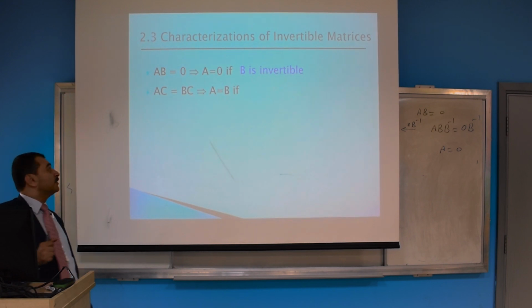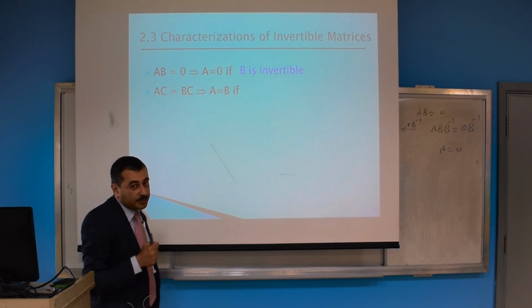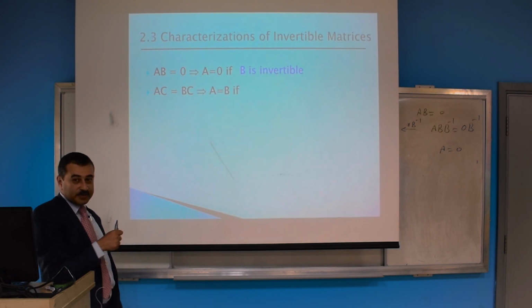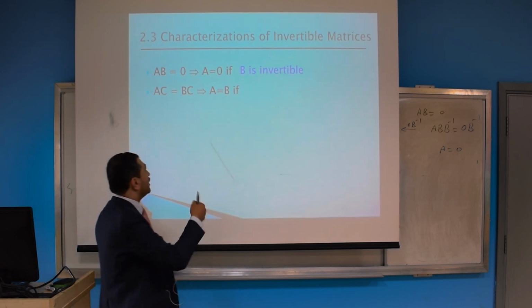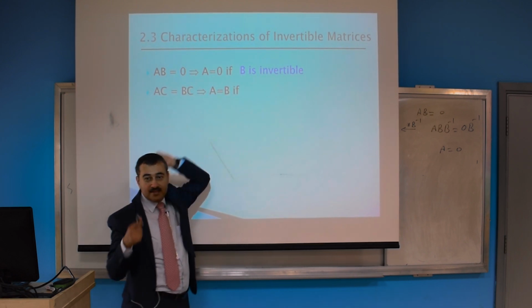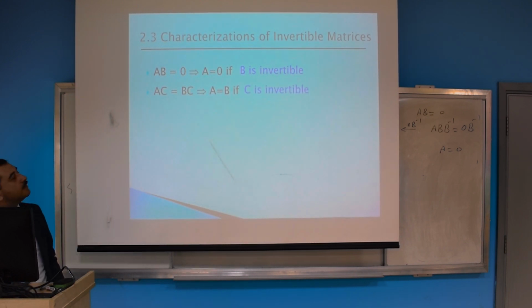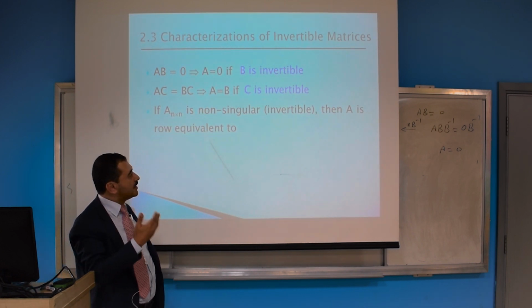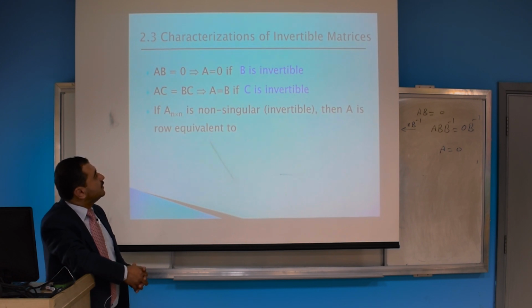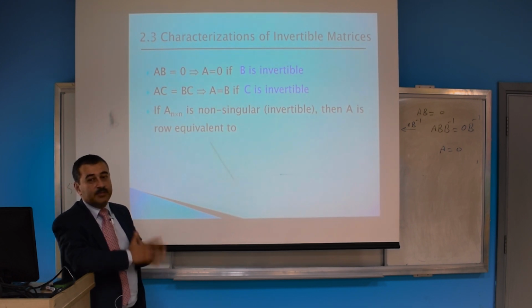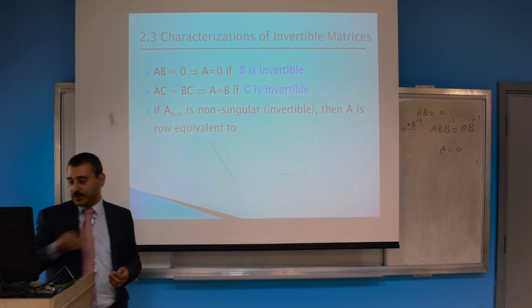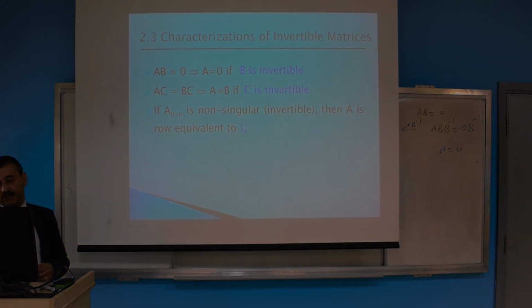وعدنا على دي برضو لو تفتكروا. لو AC equal BC، قلنا this does not imply necessarily that A equal B unless C is invertible. دي اللي بتعمل الكانسليشن، كأنك بتmultiply by inverse of C، كأنك عملت الكانسليشن بتاع السكيلرز. طب هنا بس عشان نكمل الثيرم، بيقول لك لو A كانت nonsingular، يعني has an inverse أو invertible، then A can be reduced to، تقدر تعمل reduction لل A till you reach الايدنتيتي، مش كده؟ مش Gauss-Jordan بيعمل كده؟ يبقى ممكن توصل للايدنتيتي في الريدكشن.